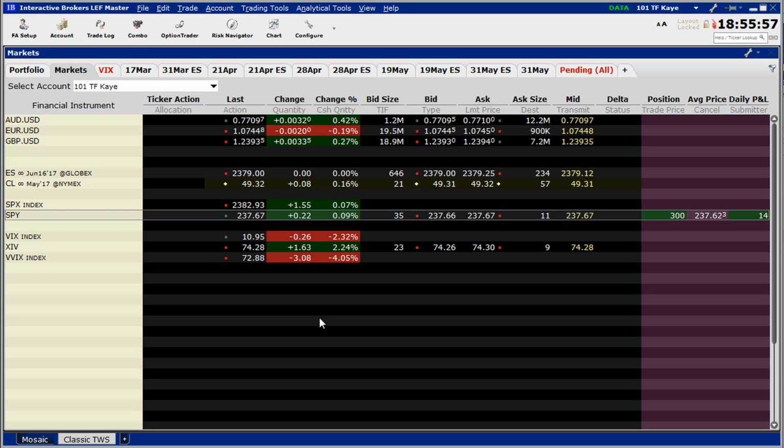Today we had a couple questions about entering orders in Trader Workstation. So I'm going to show you how to do that, at least for broken wing butterflies or any complex order. The way I have my Trader Workstation set up, I always have a portfolio tab, a markets tab